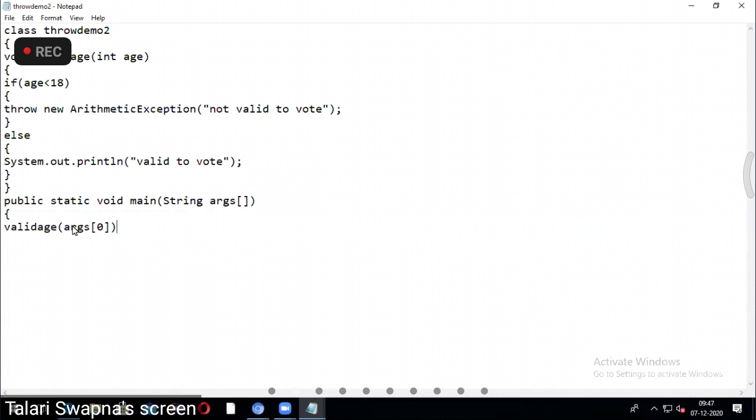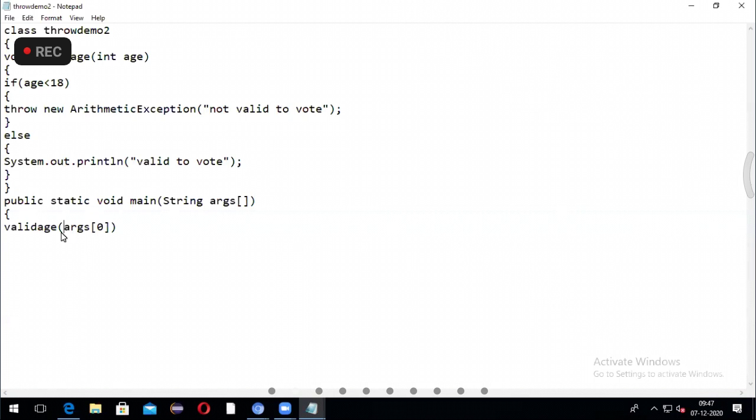But one thing you see: when I pass some number here, some 10, it will be in the form of strings only. But I don't want it as a string, I want to take it as a number. So what can I do? I have to use a method. Can anyone tell me what method I have to use to convert that string to an integer?